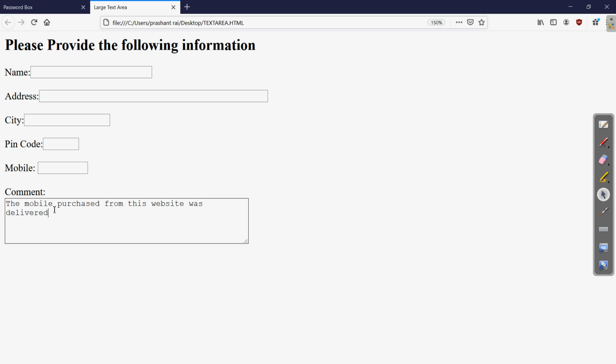You have seen that we continue to the end of the border, and when the text was large enough that it can't fit in the first line, the text automatically wrapped to the second line. Clear? So this is the wrap feature of this text area.